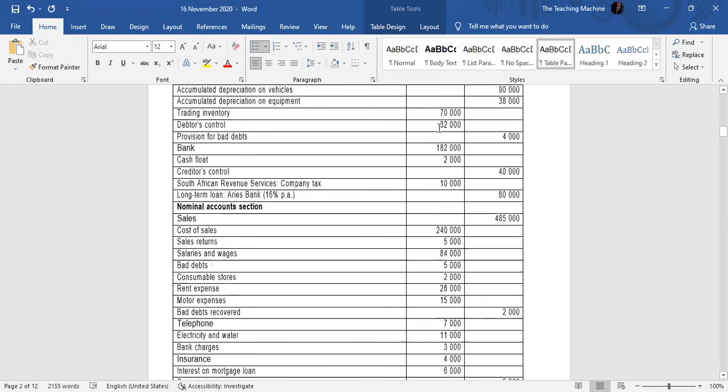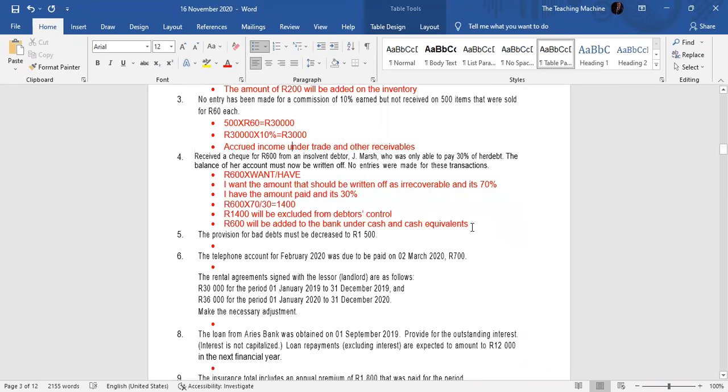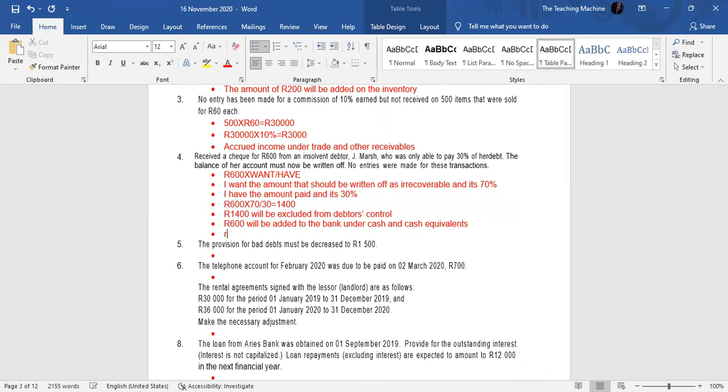We have 32,000 that we expect from debtors, and 1.4 will not be collected. And also the 600 should be excluded. Why? Because a debtor managed to pay. So 600 should also be excluded since it's a payment